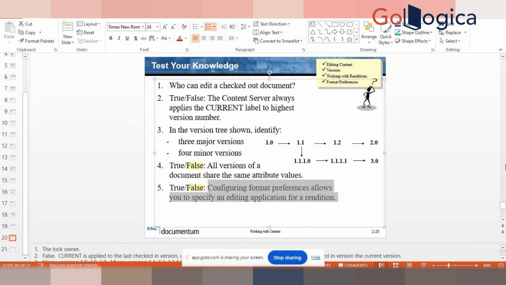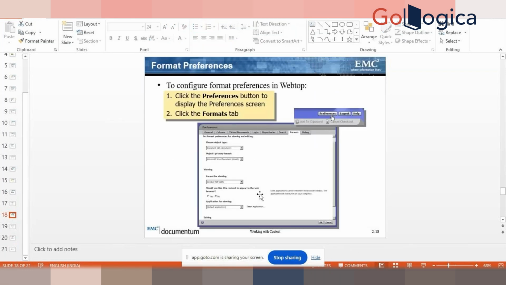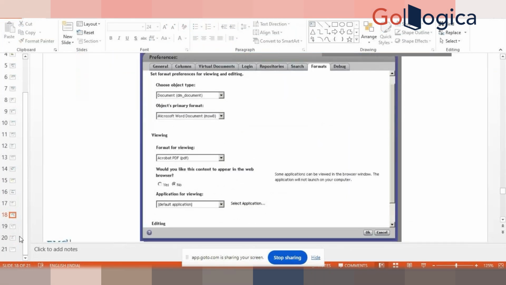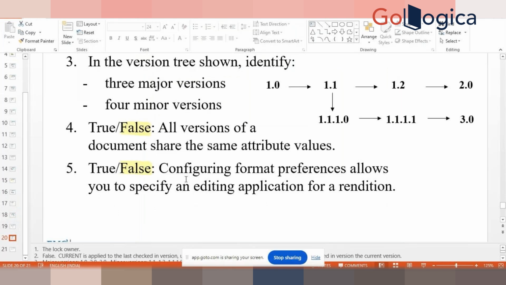I didn't get this. Could you please repeat it? We were just discussing setting the preferences here, for viewing purpose and for editing purpose, correct? Yeah. Now, read the question: configuring the format preferences